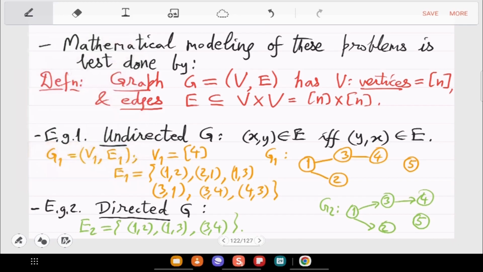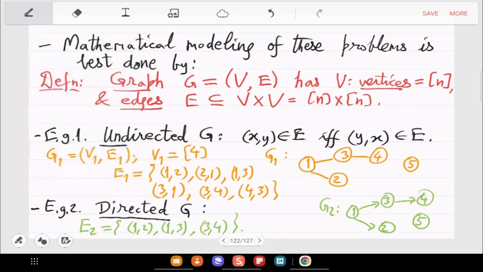Also, conventionally we will call V0 a cycle if it's a loop. So if k is equal to 0, then you need (V0, V0) to be an edge. So we may or may not have loops, depends on the example.